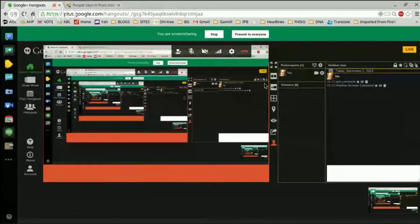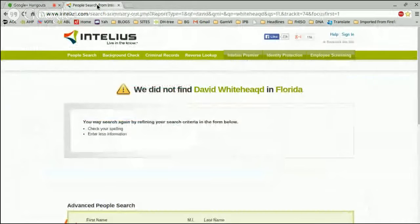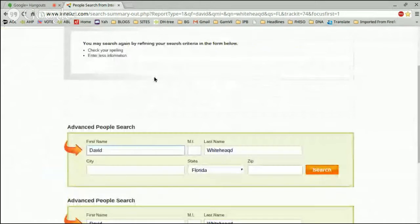There we go. And now we're going to try a screenshot and see what happens. Since I'm the only one in here, we are going to get a little echo effect type thing, and there goes infinity. Okay, but now since I have this set up, we'll go over here and we'll share this. Okay, so we've gone over to the intelligence site and we're going to put in